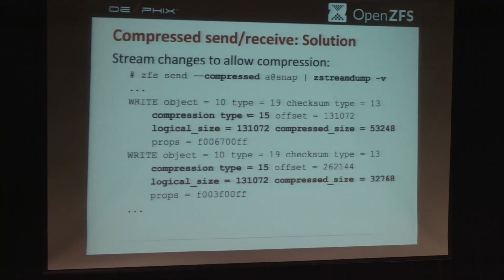So in order to make this change, Paul already introduced the stream dump, which shows you what an actual send stream looks like, sort of in human readable format. Basically, we changed a field from normal uncompressed length to logical size, and we added two new fields: compression type, which just tells the file system what the actual compression type in use was. In this case, 15 represents LZ4, and the compressed size, so the amount of data that we're actually sending over